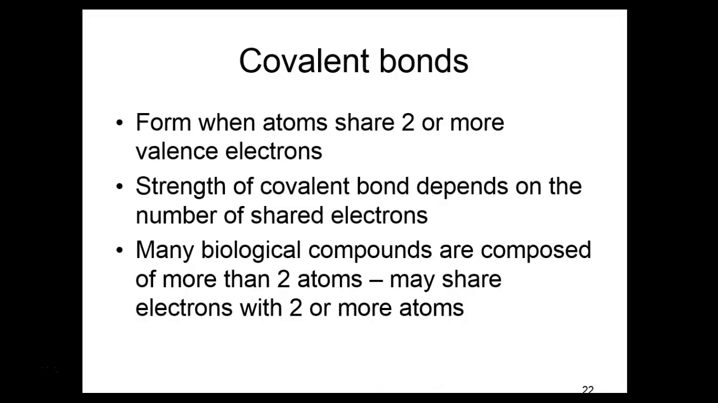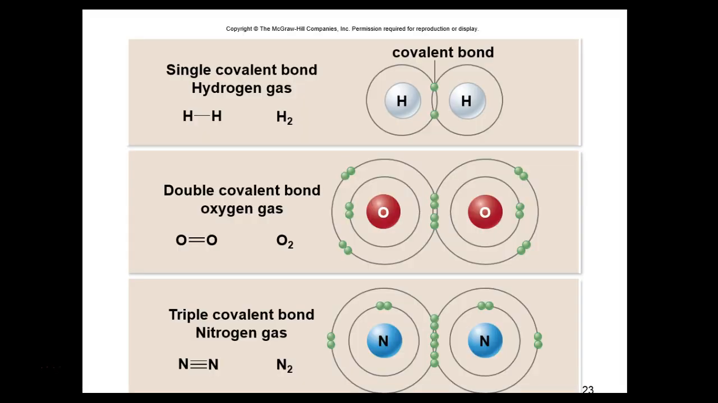Covalent bonds. It's just the sharing of electrons. When atoms share 2 or more valence electrons, the strength of the covalent bond depends on the number of shared electrons. Okay? Let's look at an example here. Very, very simple example. Hydrogen, for example, only has 1 electron. Periodic table of elements, you find hydrogen far left at the top on page 26. You only have 1